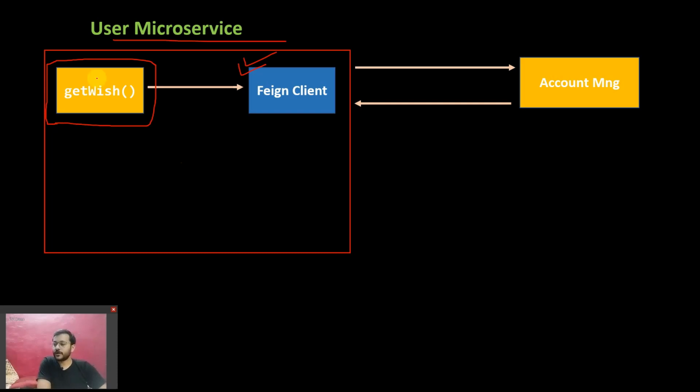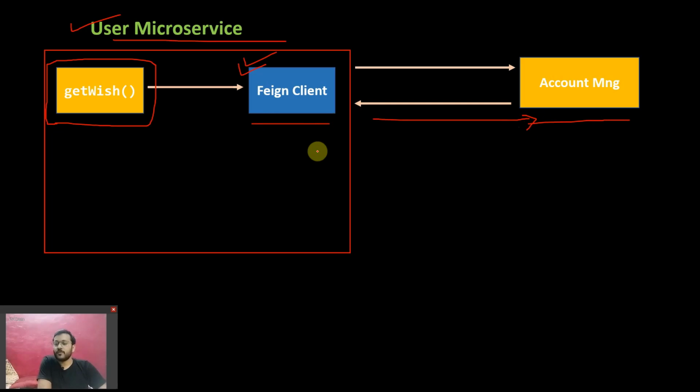here. This particular microservice, the user microservice, is trying to make a connection or fire a request to your account management microservice. Yeah, just focus a little here, because it's pretty important to understand Hystrix and Feign client. So it uses a Feign client to make a request to the account management microservice.